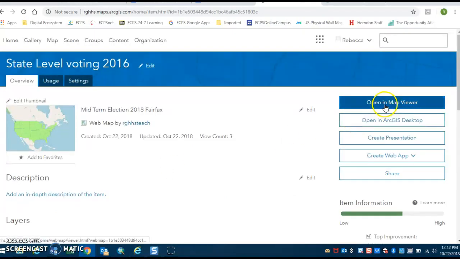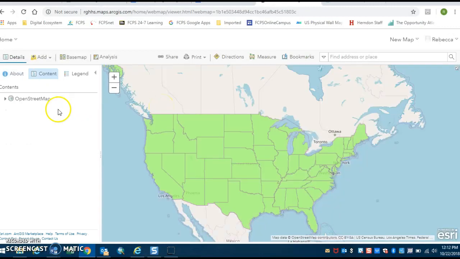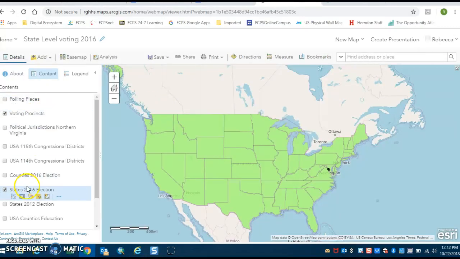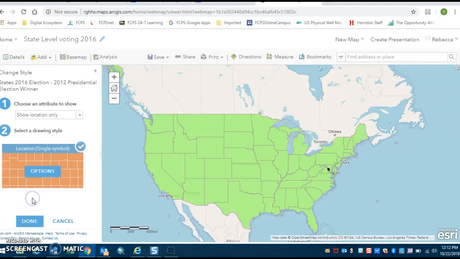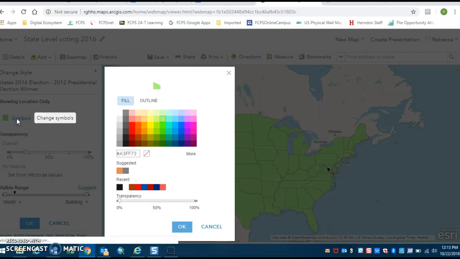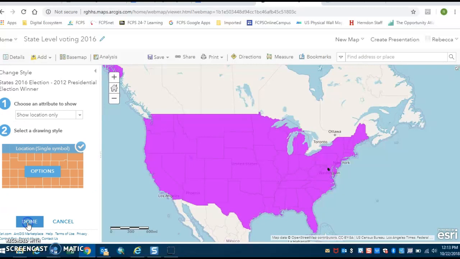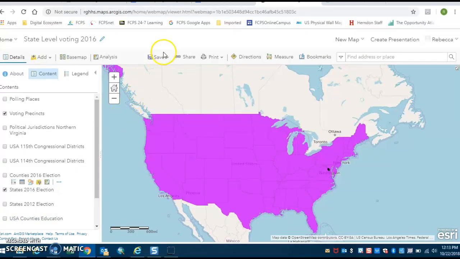If you open it up in your map viewer again, say I decided I don't like it as green, but I think I want to show it in a different color, and the color I'm going to choose is going to be purple. I just want to show you that whatever you do in this application in the web map, as long as you save it,